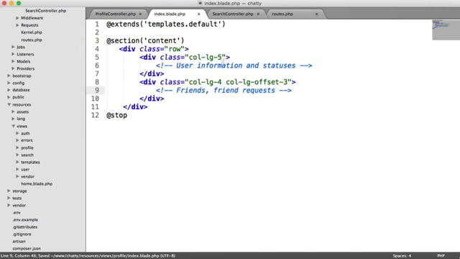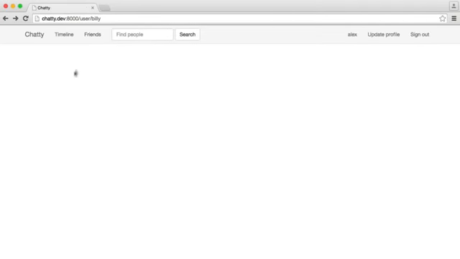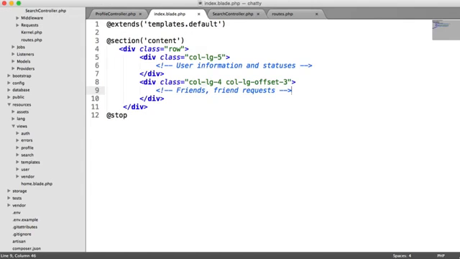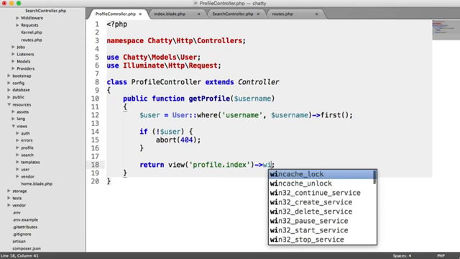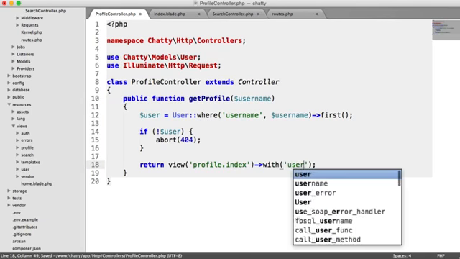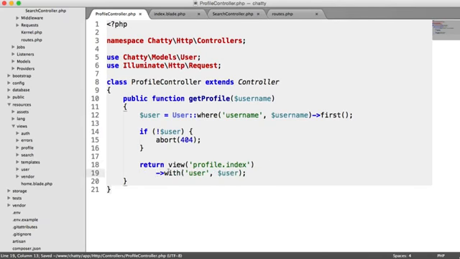We don't actually have any information in this view at the moment. This is going to work, but we can't see anything. We don't have any user passed to this view. So what we need to do from here is we need to say with user, and I'm going to pull this down because later on we're going to be sending through quite a bit of data to here. So we now have that user,